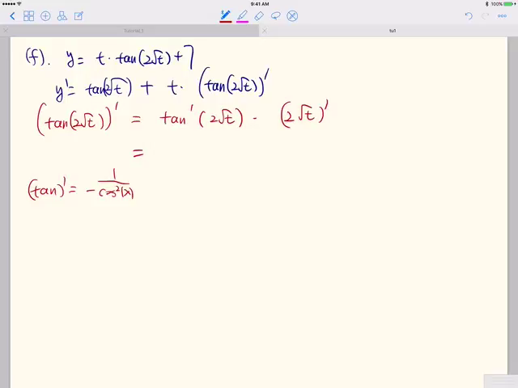Still remember this, right? Because tangent equals sine x over cosine x, so you can use the quotient rule to get the derivative, plus, and this is just 1 over cosine square x, so this will be